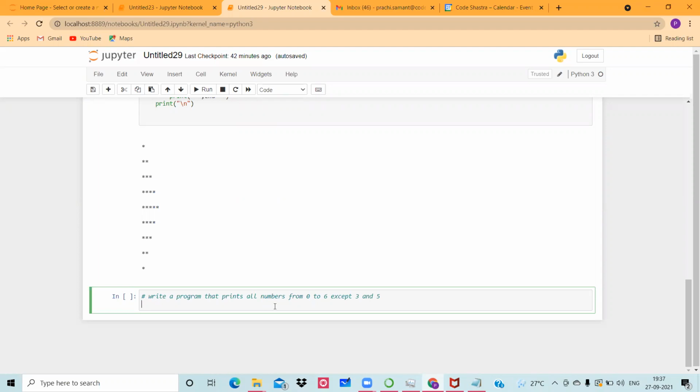Whenever we want to perform a repetitive activity, we have to use a loop. So the first thing is clear, कि मुझे loop use करना है. But when I closely look at the next half of this question, it says that when the value of 3 or 5 has been reached, that time we don't have to print that one. So this is a looping kind of activity, but whenever a certain condition or criteria is fulfilled, that time we have to break that. Whenever some question says that something is continuously running inside the loop, but when a certain criteria is achieved, that time we have to either break that loop or deviate from it.